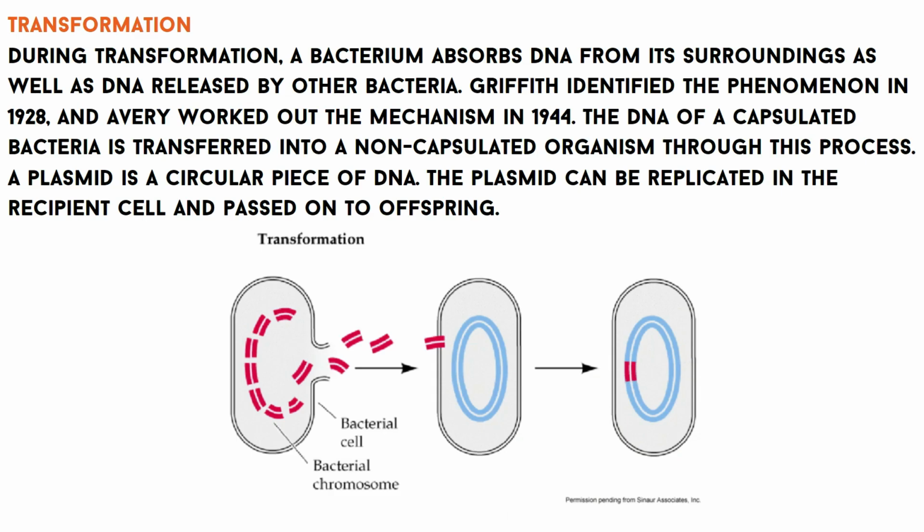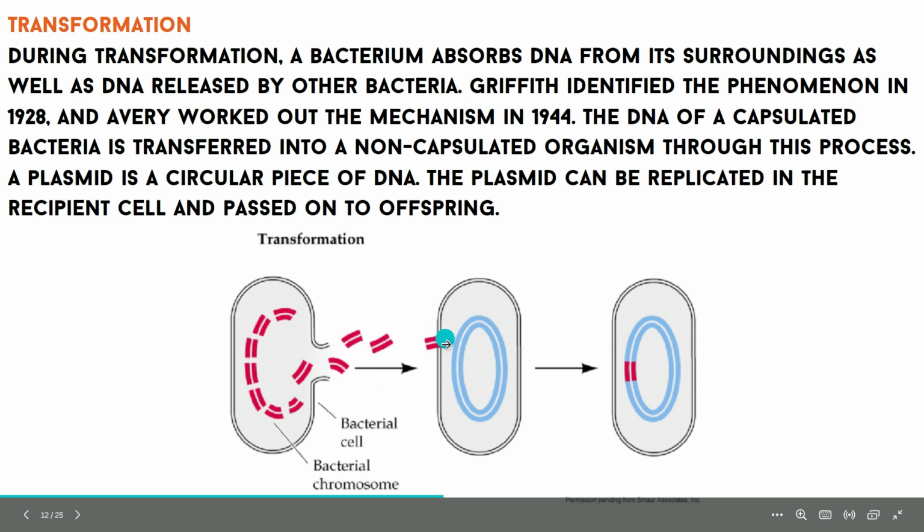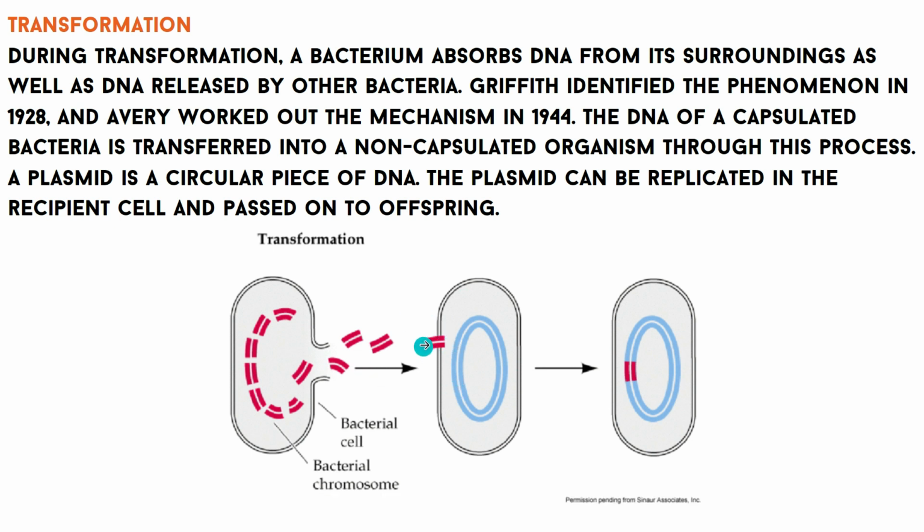Next comes the process of transformation. Here, during the process of transformation, the bacteria absorbs the genetic material or DNA fragments which are released by the other bacteria. Here you can see an example. There is a bacterial cell and the cell wall is ruptured. The DNA present inside the bacterial cell gets fragmented, and the fragments are released to the surrounding media. The neighboring cell present in the media tries to absorb this part of the genetic material, which is integrated into